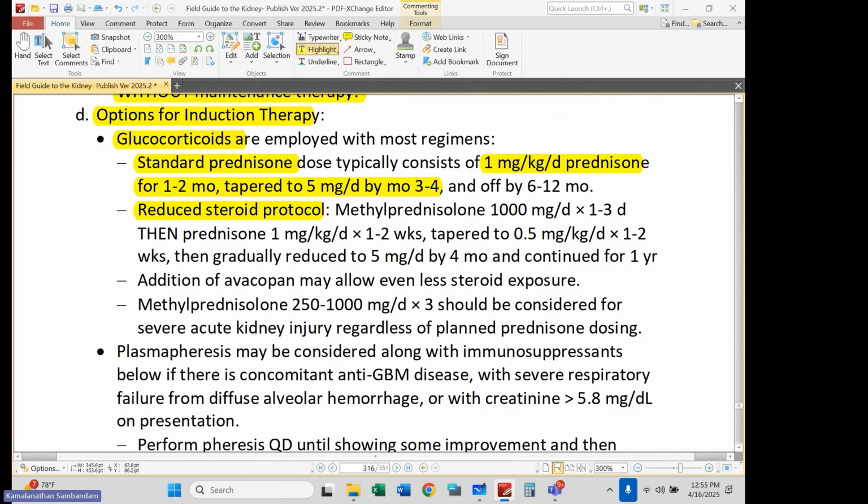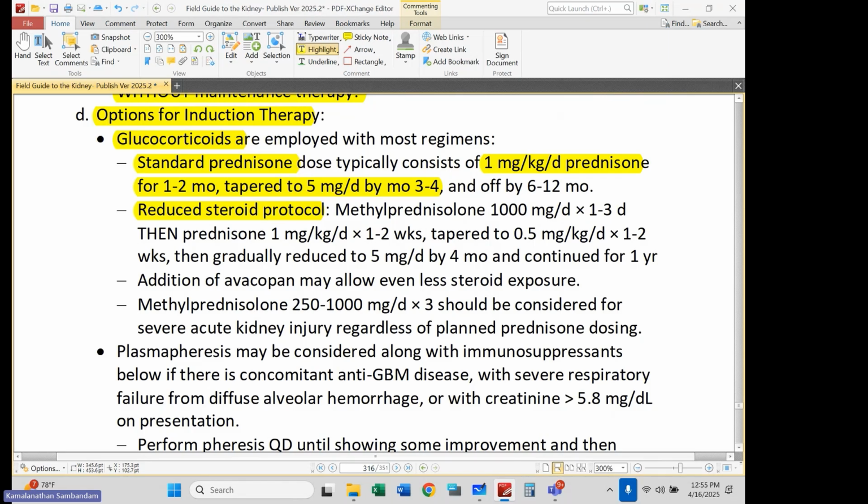That was a trial of both plasmapheresis, and rituximab, and reduced steroid exposure. So this comes from the PEXIVAS study, which looked at plasmapheresis. It was a randomized controlled trial looking at plasmapheresis as an intervention, and standard versus reduced steroid exposure. And this reduced steroid exposure comes from the PEXIVAS study, and our rheumatology colleagues are often